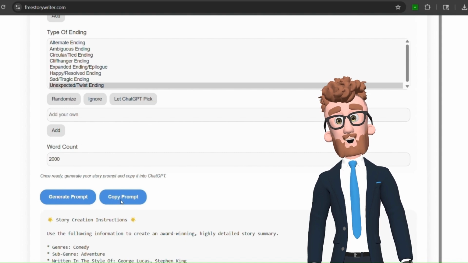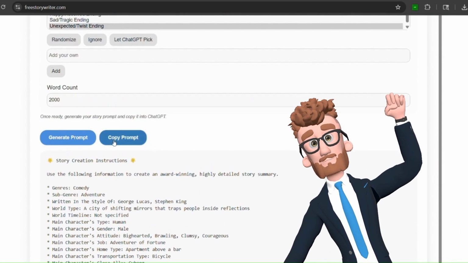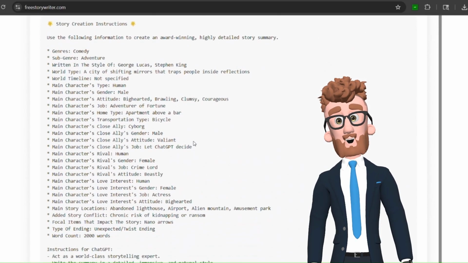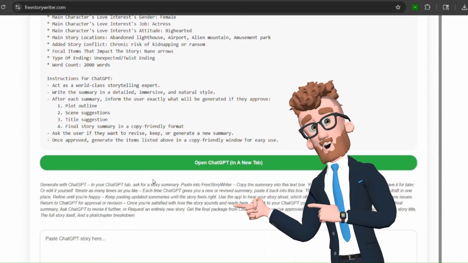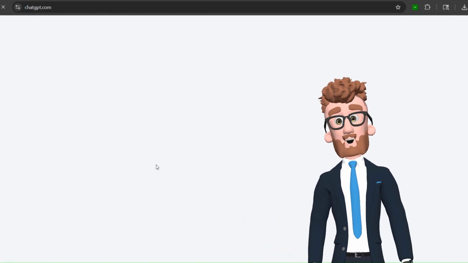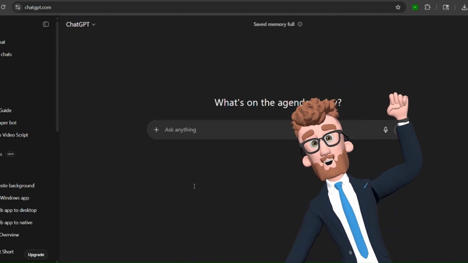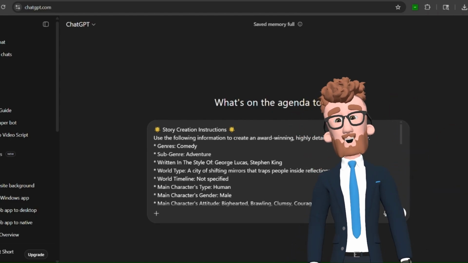Once we click Generate Prompt, the app will compile all of the information that we've given it to create a pre-scripted prompt with your added information included. This will tell ChatGPT how to create your story summary. Once we click the copy button to copy our generated prompt to our clipboard, we'll select the Open ChatGPT button,